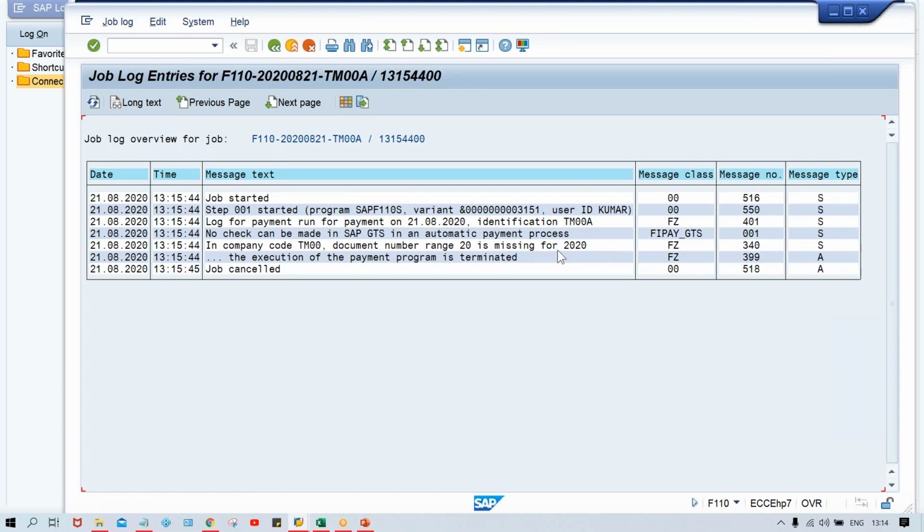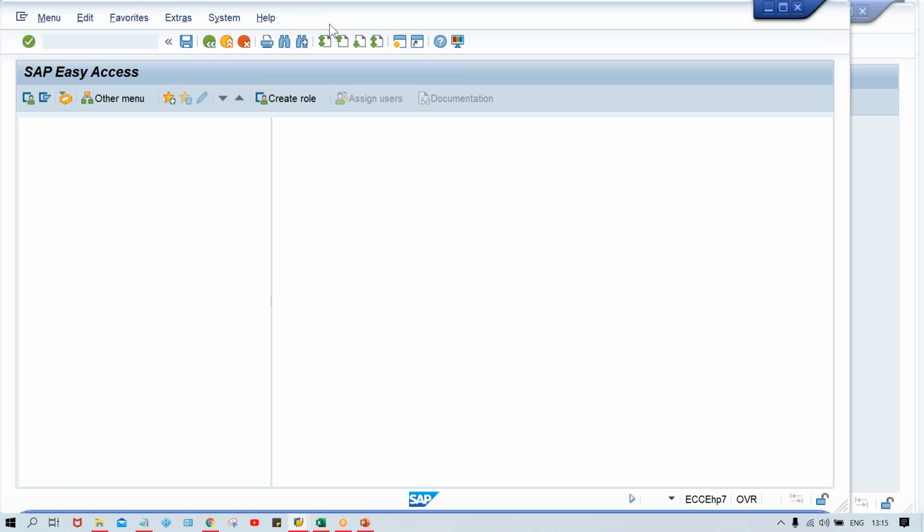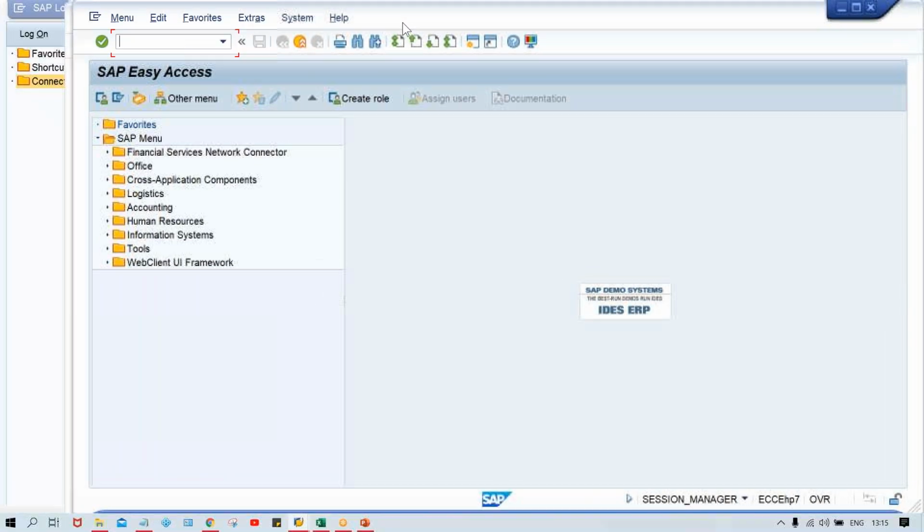is missing for 2020. So it means document number range 20 is missing. So what you have to do, either you have to create a number range with the code 20. Now if you check which number range we have created,